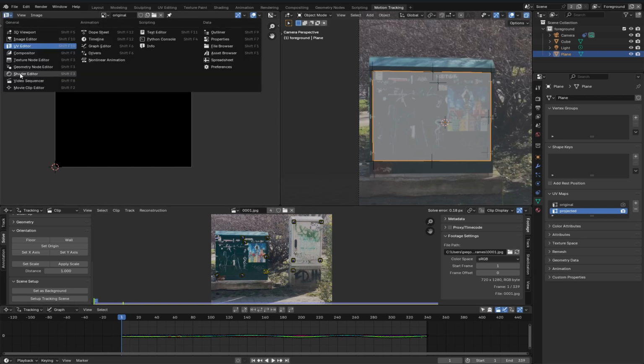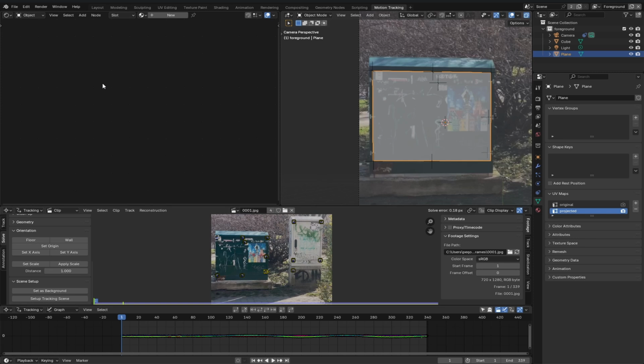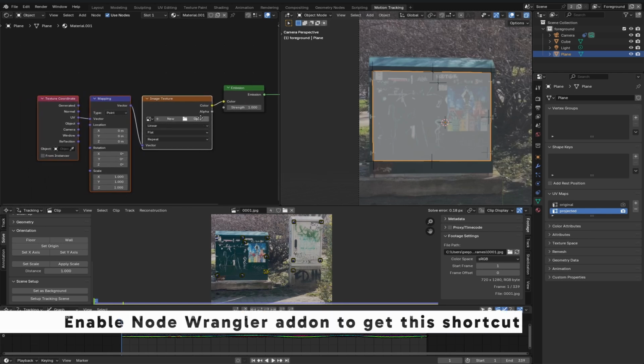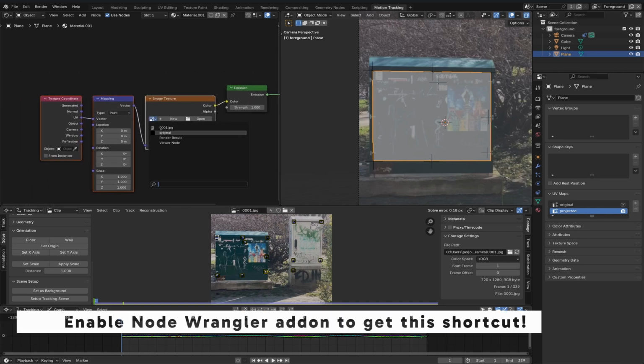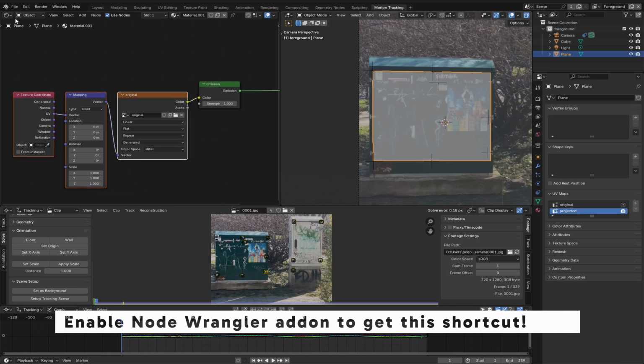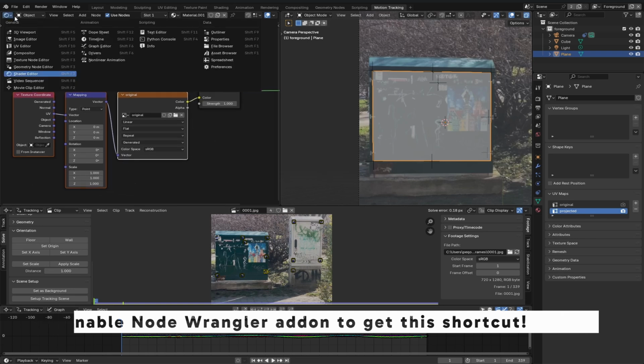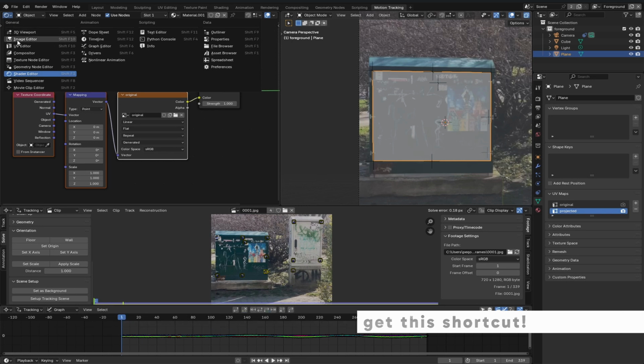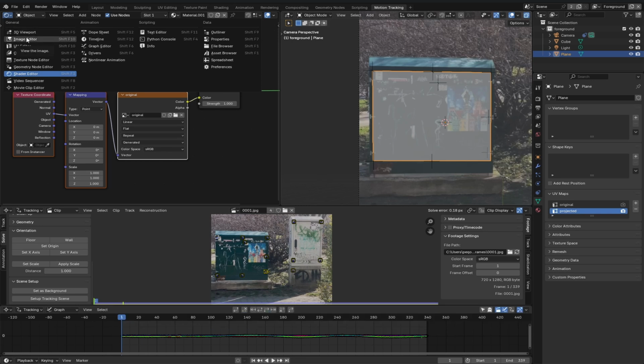Now let's head to the shading tab and create a new material that will be used for this effect. This will be an emit material. So we want this plane basically to be glowing, and by pressing Ctrl T I will have a basic texture setup to which I will plug in this texture that we just created a moment ago, and from here let's go for a moment to the texture painting,